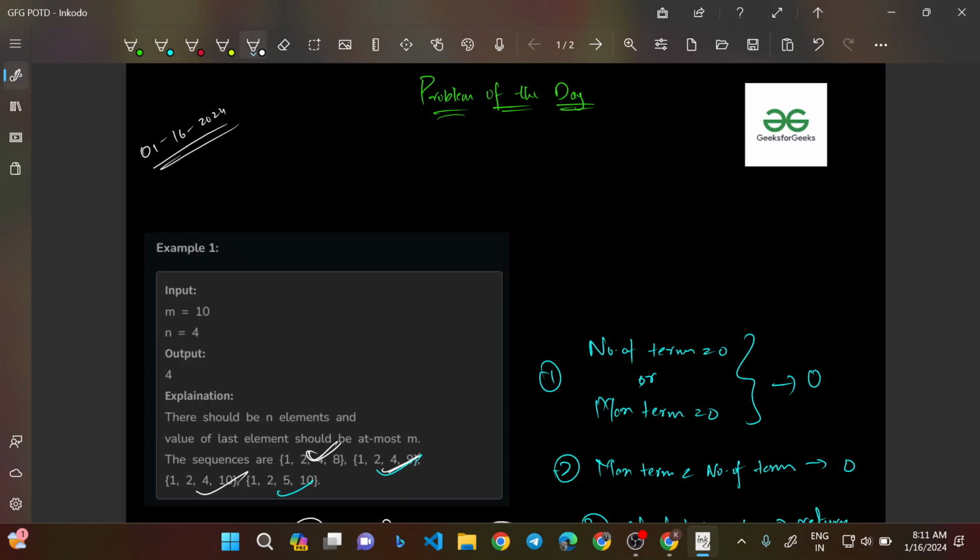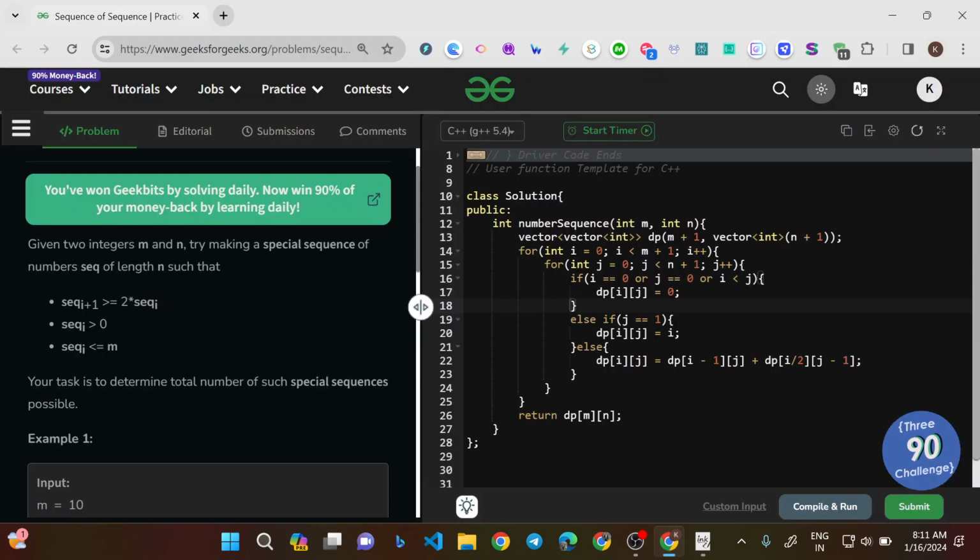So if we move up to the compiler, you can see the same thing. First I've taken a 2D vector, m plus 1, n plus 1, and i goes up to m plus 1 and j goes up to n plus 1. So if i equal to 0, that means the maximum term is equal to 0. So this is the maximum term, and j is the number of terms. So either i is 0, or j is 0, or i is less than j,